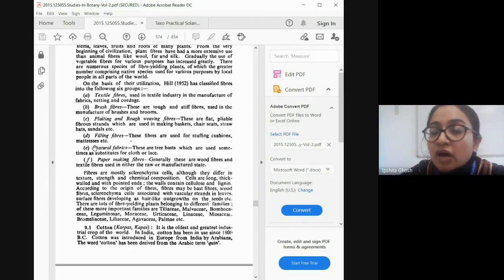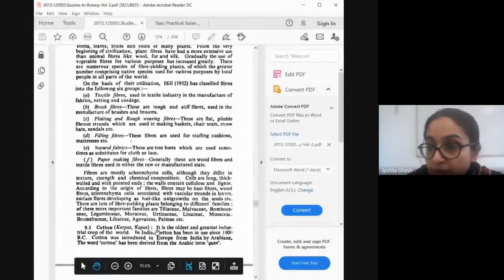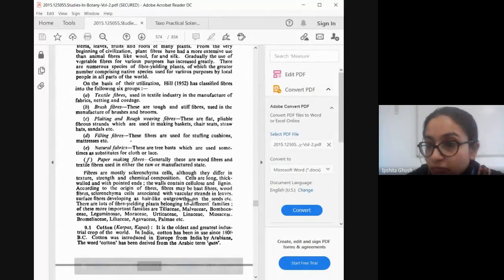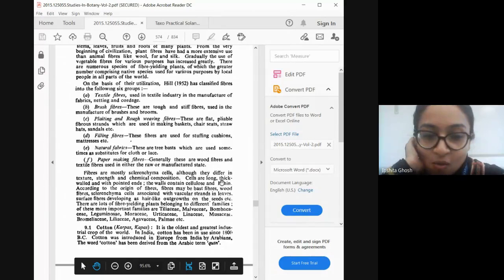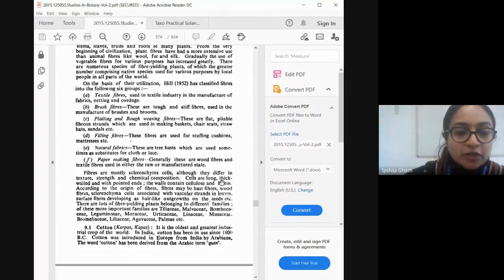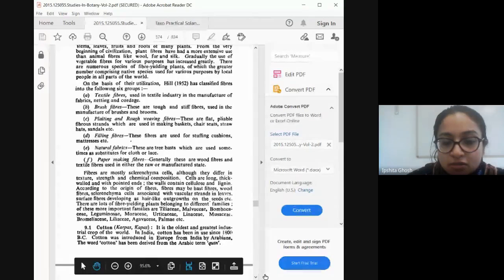So if you're asked about the uses of fiber yielding plants, you can of course write all of this. Since we have cotton and jute, cotton is also known as karpas or kapas in Hindi, and it might be known by different regional names. Can anyone help me, what is cotton known as in Sikkim? Is there any specific name? Rui. Sorry, Rui? Okay. Yes, ma'am. Thank you, dear. It's a very sweet name.